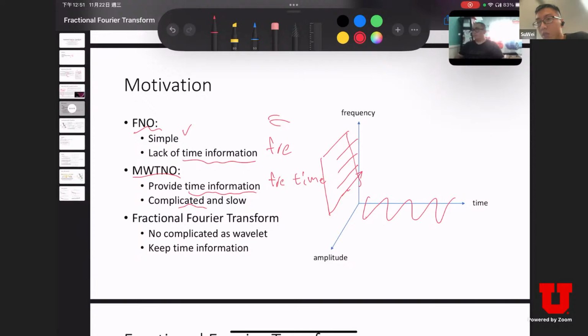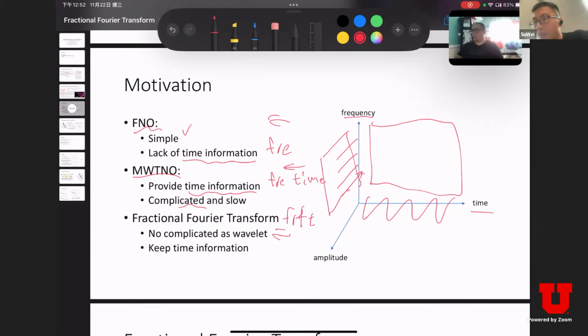And if we use the wavelet transform, we kind of stand here to watch the wall, and we can just see the frequency information and the time information up here. The fractional Fourier transform is kind of like watching the wall as well, but not as complicated as the multi-wavelet transform. The FRFT